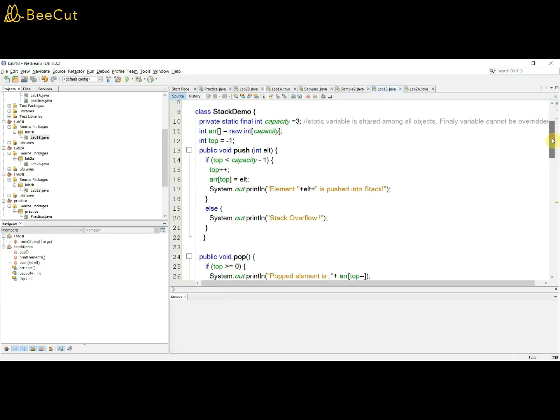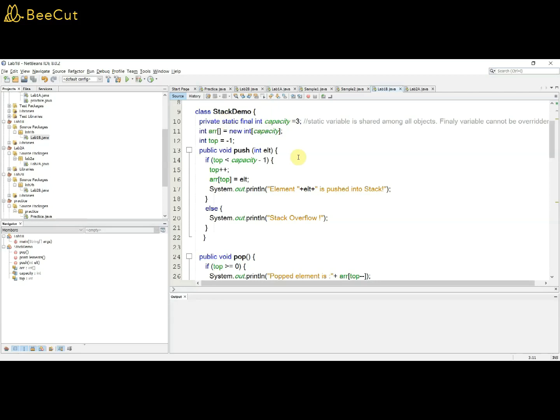Next, we have the class called StackDemo, in which we initialize the stack capacity, the stack index variable, and define all the methods. Let us first look at how to initialize these variables. First one, the capacity of the stack.